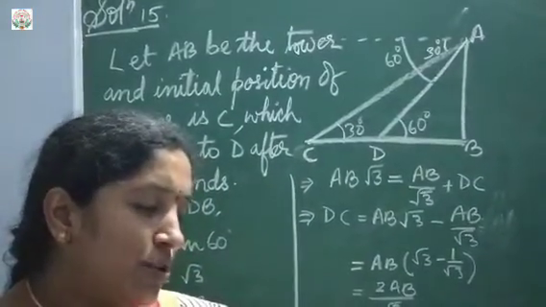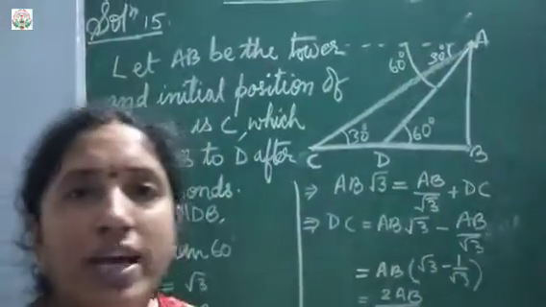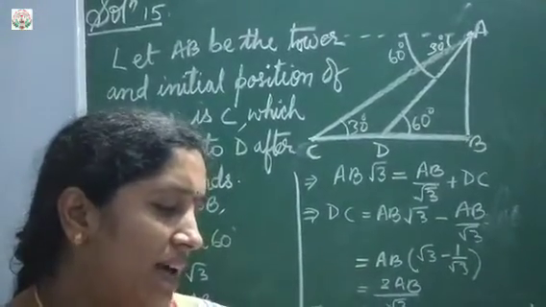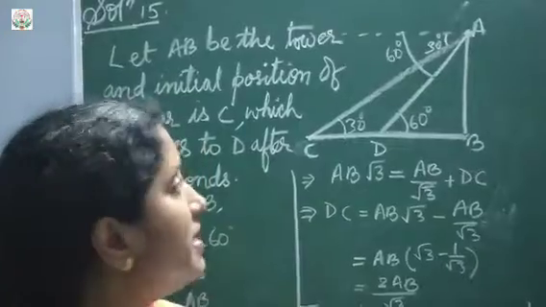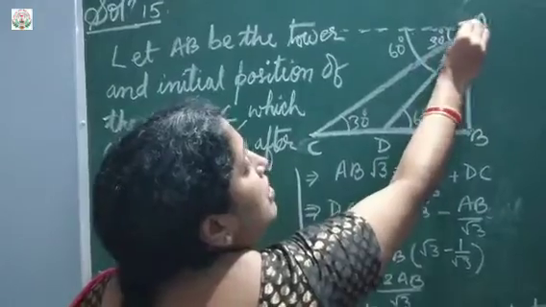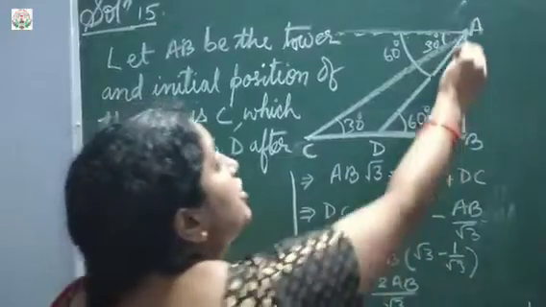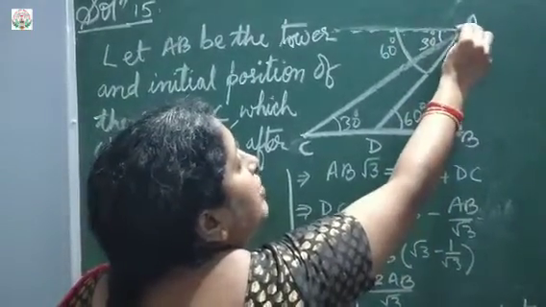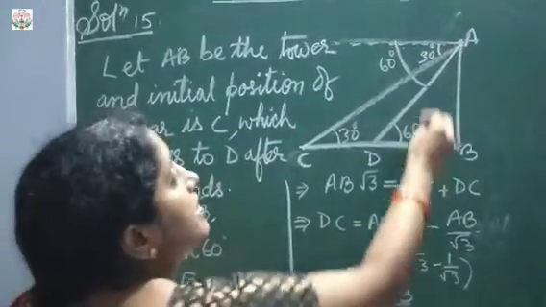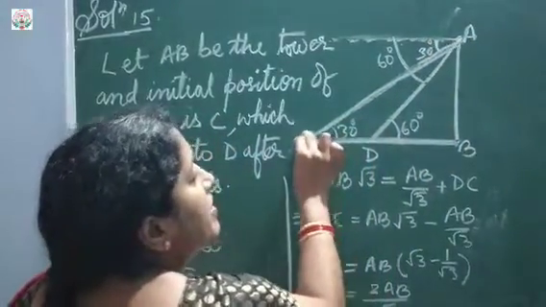A man is standing at the top of the tower. So AB is the tower, so the man is standing here, at point A, that is the top of the tower, and observes a car at an angle of depression of 30 degrees. So the angle of depression is made from the eye level, that is the horizontal line. So now this is the eye level of that person. From there the angle of depression is made to this point, and it is 30 degrees.